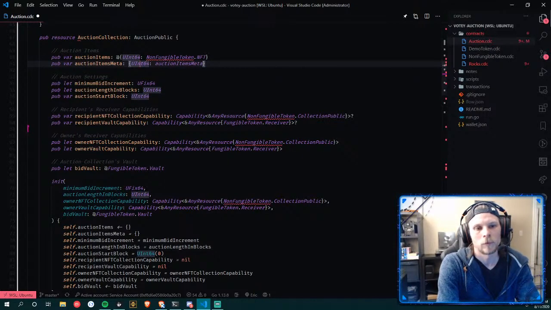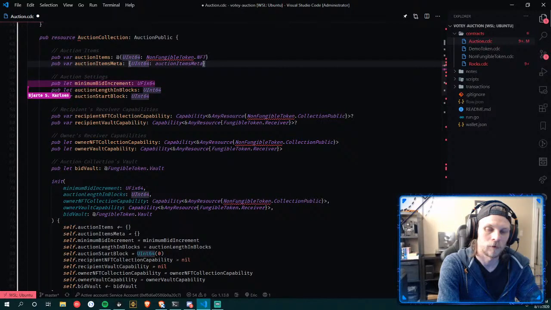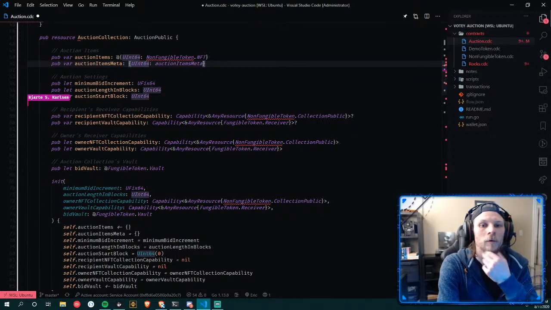I'm just kind of thinking. So the owner capability is there. The NFT one is just there to send things like the tokens back if the collection gets destroyed, or if he cancels the auction. Let's say you want to have a setting here that says the minimum price you want, or the minimum settled price, or call it what you like. So you can say, I want at least this kind of money to fulfill this. If it doesn't go up to that, then I want to cancel, for instance. Yeah, that's a good call. But let's just try to get it to work and see what we can do, basically.